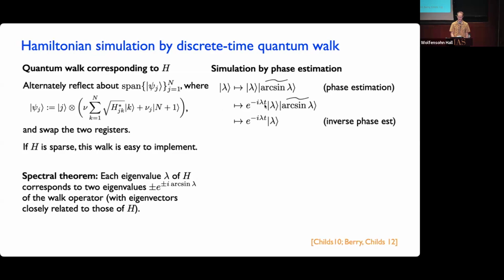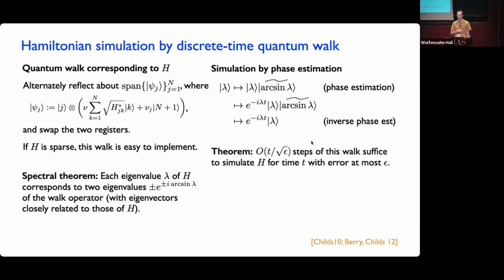And so you can also perform a unitary operation that applies the phase e to the minus i lambda t, which is exactly the phase that should be applied in the part of the space where you've got the eigenvector with eigenvalue lambda. And then you can uncompute the estimate. You basically do inverse phase estimation to uncompute this estimate. If you work out the cost of doing all of this, you can show that you only need a linear number of steps of the walk to simulate the Hamiltonian evolution for time t. The precision with which you need to estimate these phases in order to get the evolution accurate to time t is such that you can do this with a number of steps that's exactly linear in t, and we can really meet this lower bound of the no fast-forwarding theorem.